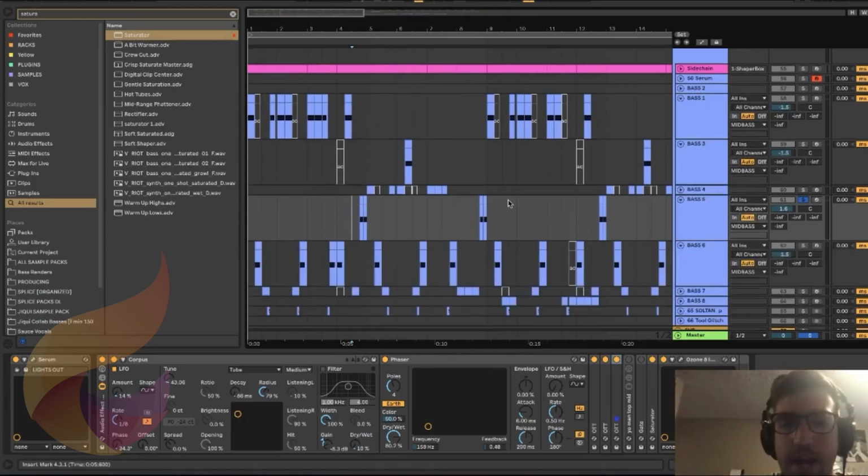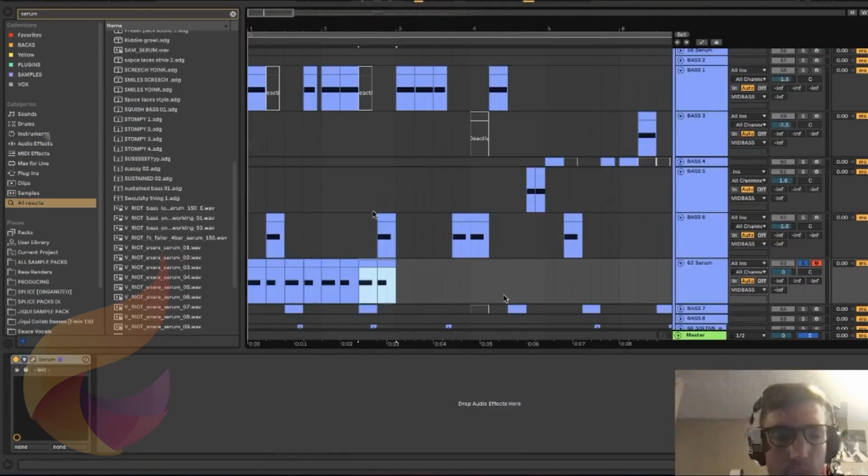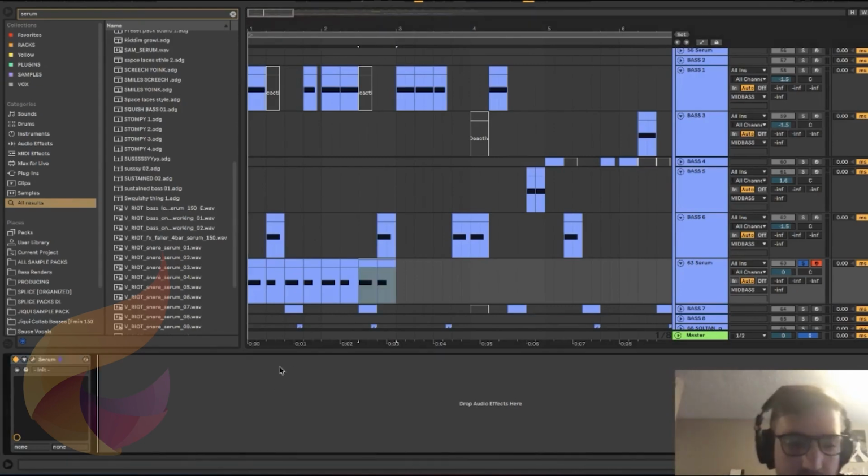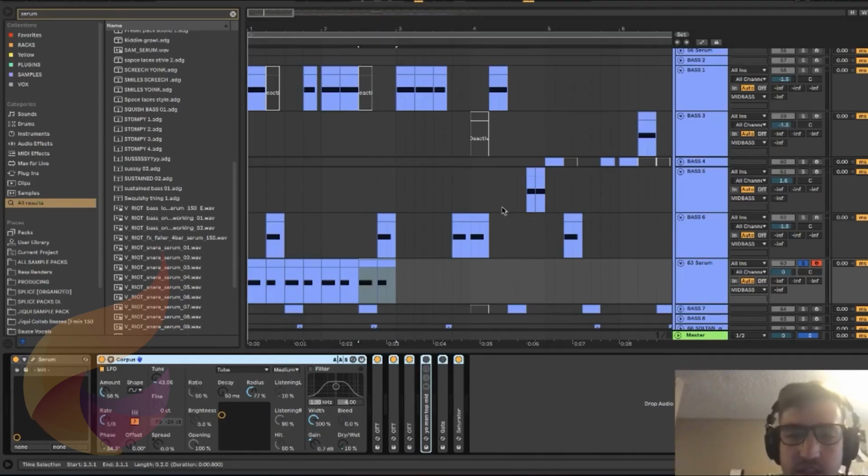But yeah, so I'm gonna try and make one of these type of patches from scratch, and I'm actually going to use the exact same processing that I use for these other sounds on this sound. And a lot of people might say it's bad to work into your processing chain, which it can and it can't be, but I kind of like to just know how my sound is going to be sounding